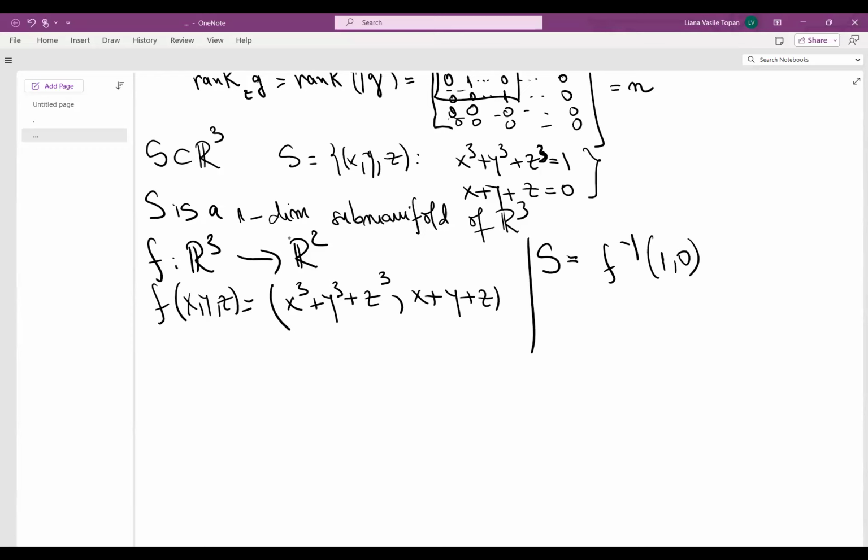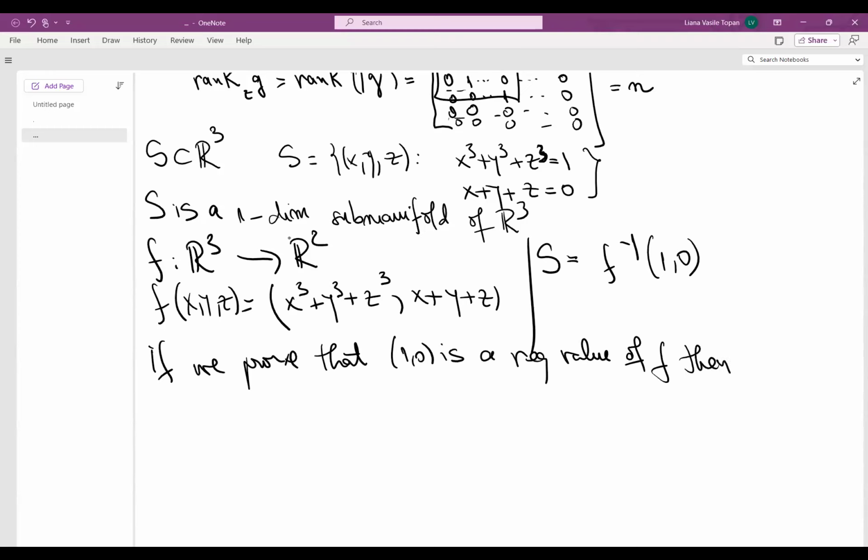I think this is clear. Now, if we can show that (1, 0) is a regular value of f, then the conclusion follows,